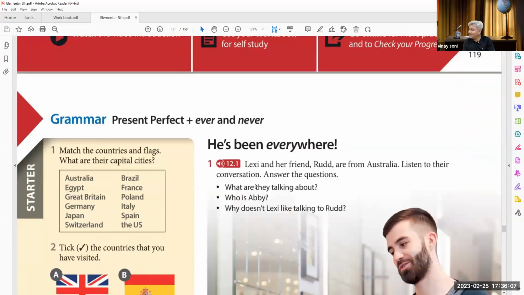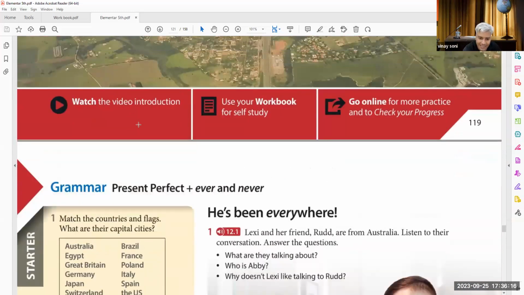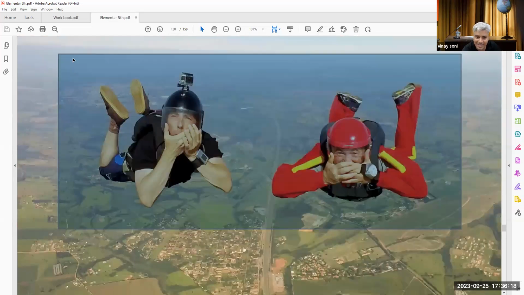Okay. They don't want to be taken a picture of, right? They don't want to have their photo taken. So that's why they're covering their face. Don't take a photo of me.